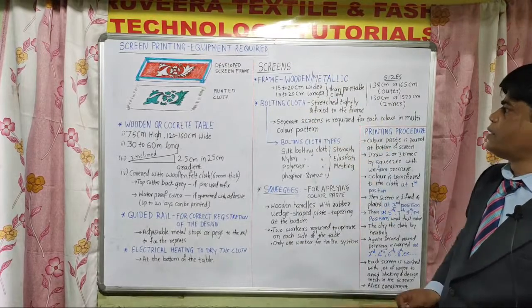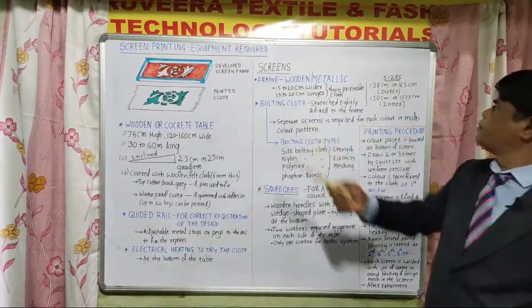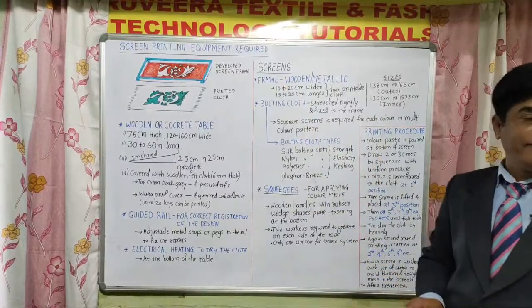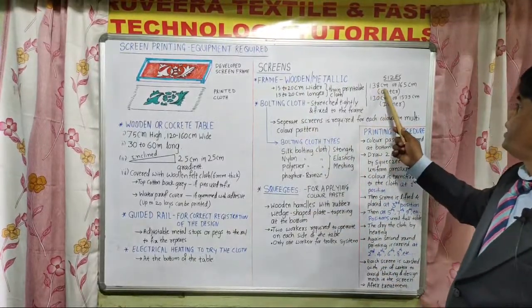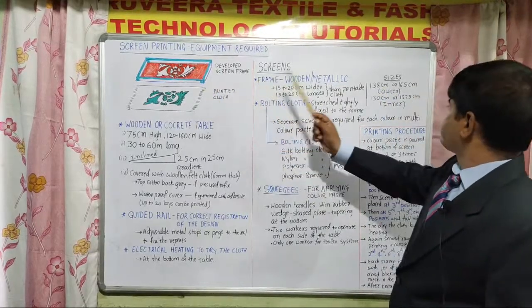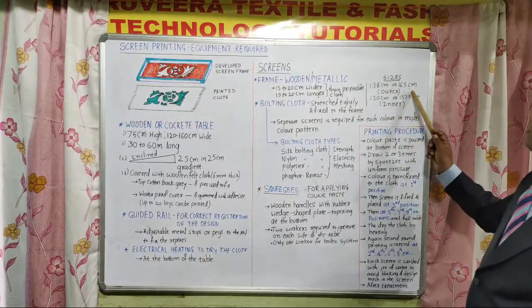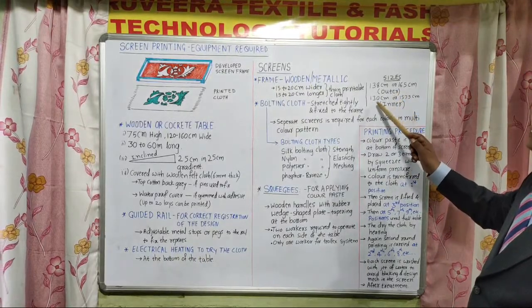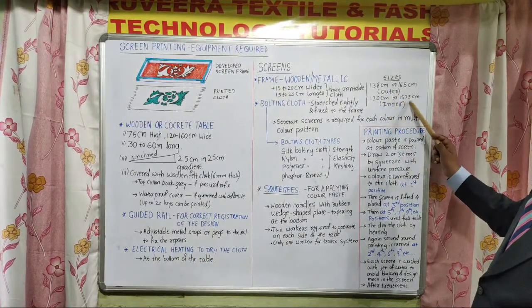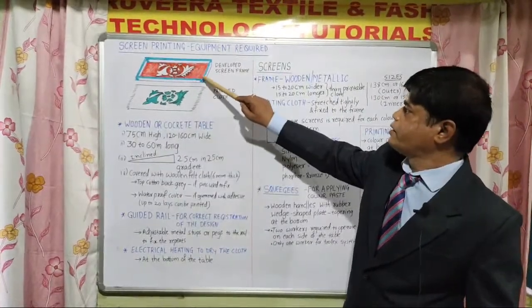Next, what are the other things? Also the size of the frame. What is the size of the frame? Usually the size of the frames is 138 centimeters on the outer side, or 165 centimeters outer, and 130 centimeters or 157 centimeters inner. Whatever the size of the frame is,